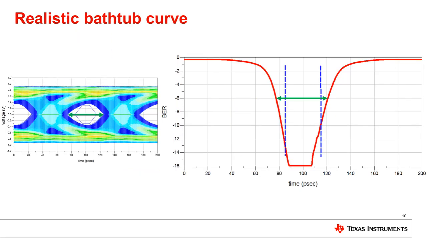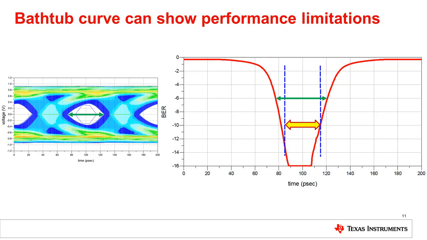Here you can see the result of bathtub curve calculations on the right and the associated eye diagram on the left. Depicted by the green arrow, you can see the corresponding eye width in both the eye diagram and bathtub curve. In the bathtub curve, you can see the achieved BER of 10 to the negative 6, or negative 6 on the y-axis. Since the measured eye width here is larger than the minimum bit timing, bit errors are not likely due to jitter. However, if we consider a lower BER, or more data is introduced into our measurement, the achievable BER decreases until the calculated eye width violates the minimum bit time. This is depicted by the yellow arrow.